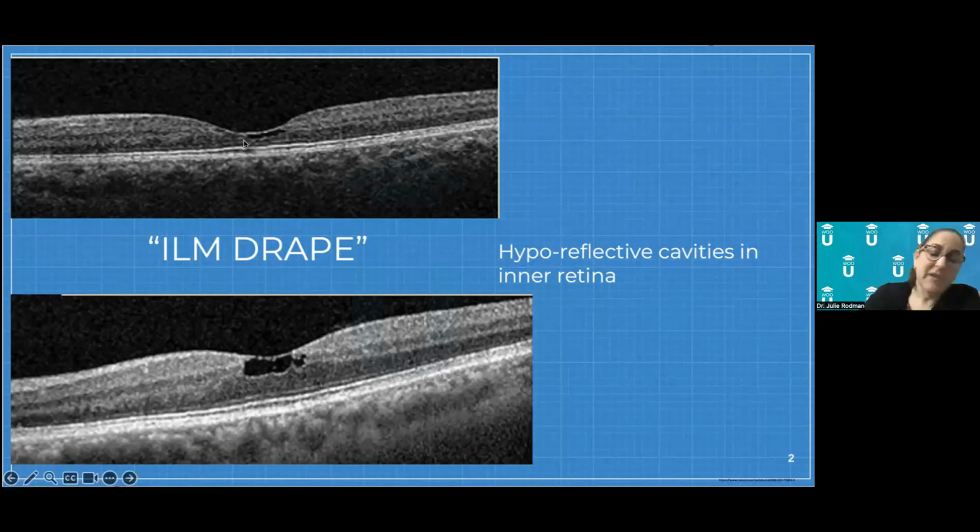Sometimes it's challenging if the patient has diabetic macular edema, because then you look at this and wonder, how do I know that these changes are not from another entity? That's more difficult. But in a patient that doesn't have another conflicting or coinciding diagnosis, when you see what we call, quote, ILM drape, that should make you think of macular telangiectasia.